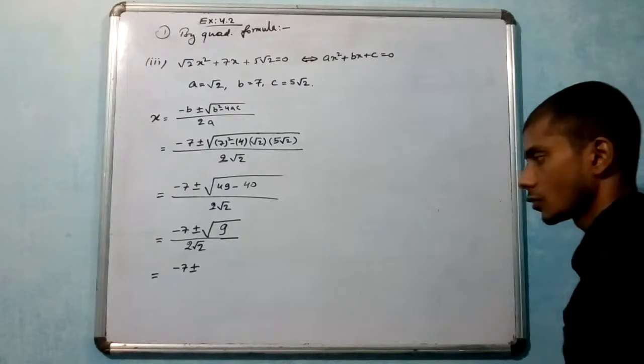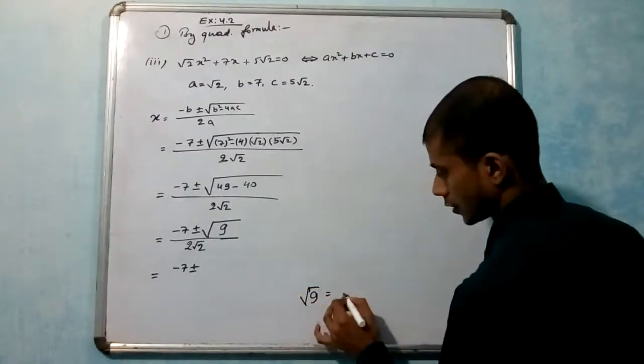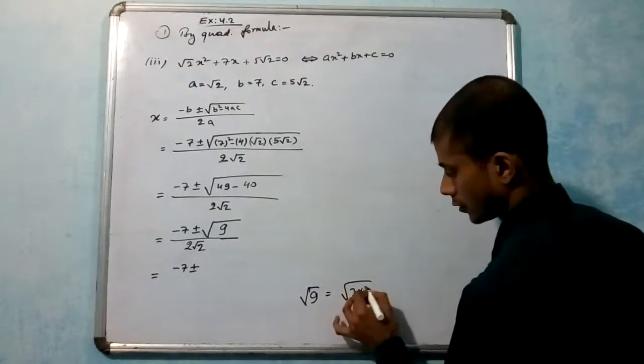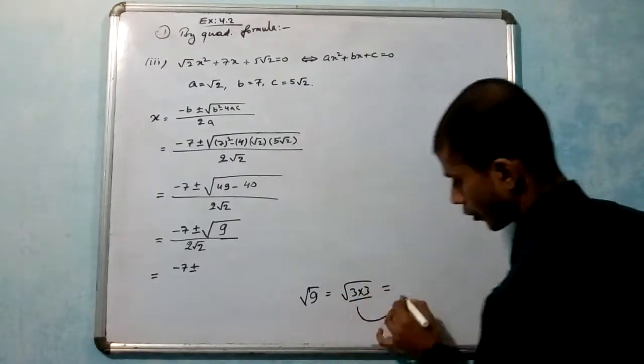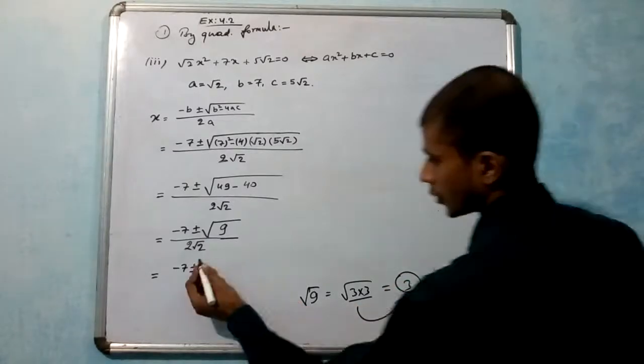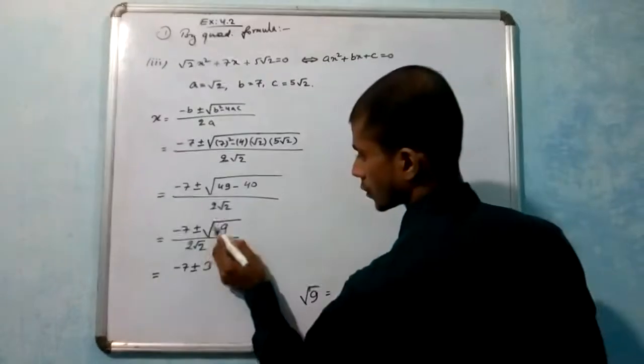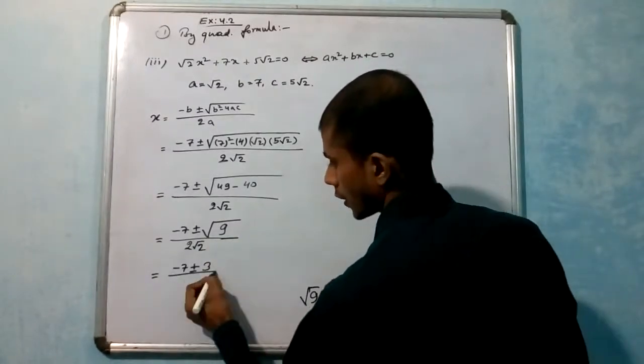3 times 3 is 9, no? Root 9 means 3. 3 into 3, pair it, get one pair out of that. 3, we got rid, no? So this 3. Okay, we got rid of this square root. Root 9 value is 3, and then 2 root